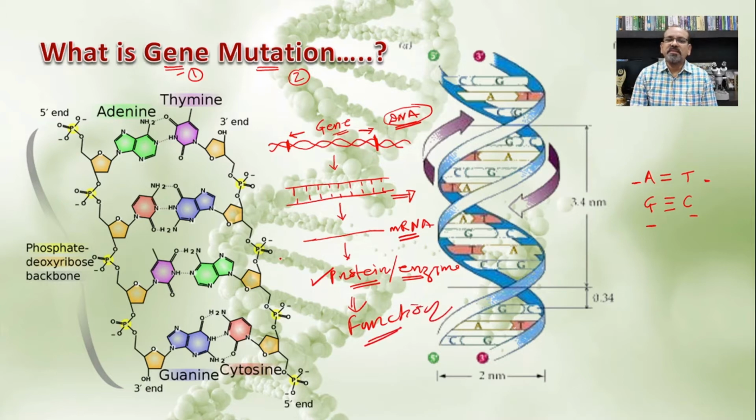So, we can say that any change in the DNA of the organism is nothing but the mutation. And earlier we have seen that the gene is nothing but a segment of DNA. So, gene mutation is nothing but the change in the DNA or the particular gene of the organism. And if we simply say mutation, then a sudden heritable qualitative or quantitative change in the DNA of the organism is known as the mutation.